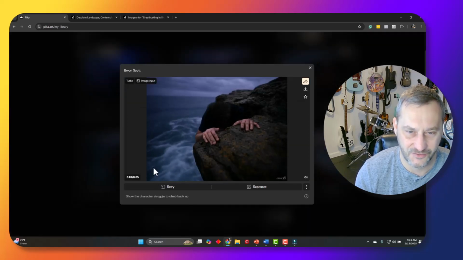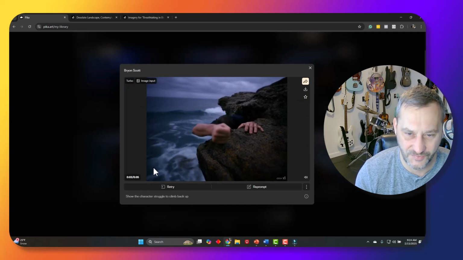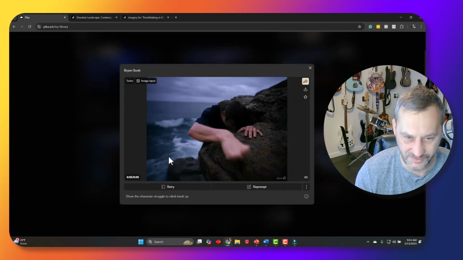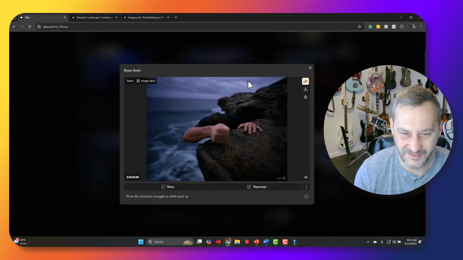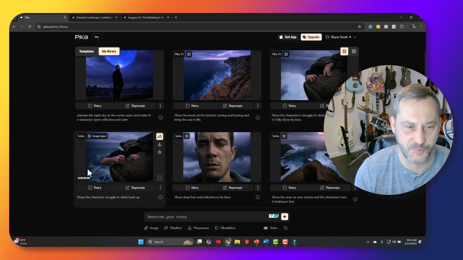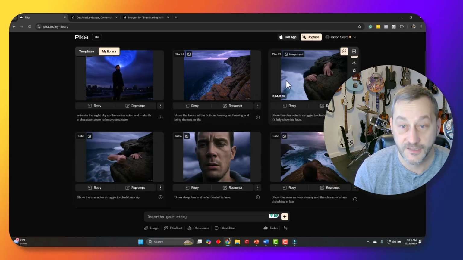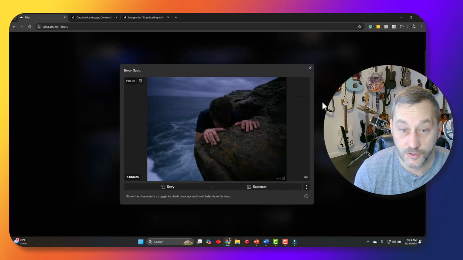The hand looks really funny. It's like a weird looking fist and it's shaking. The water doesn't look natural behind him. I was like, no, this isn't happening. So is this an example where, all right, Turbo's not going to cut it. Let's go up to 2.1. And then if you look at what 2.1 did,